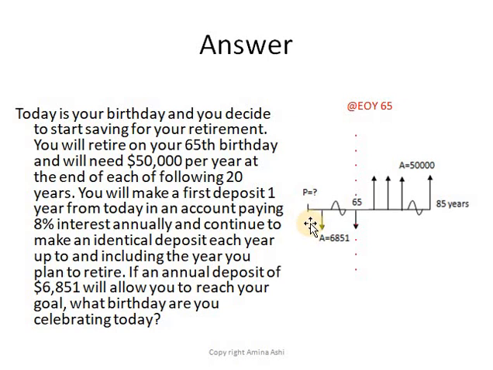I am present at a period of time today, okay? But I don't know when is today. But I said that I'm gonna make a deposit 1 year from today with the amount of 6,851. So this is today, and these are the annual amounts deposited till my retiree at year 65. And I'm planning that after I retire, I want to make annual withdrawals of $50,000 each year for 20 years, from year 65 till year 85. I want to have